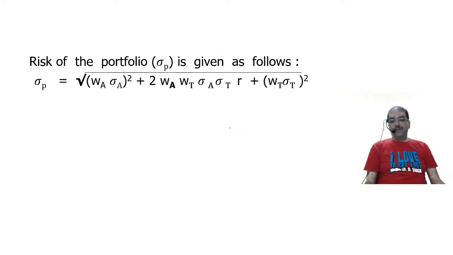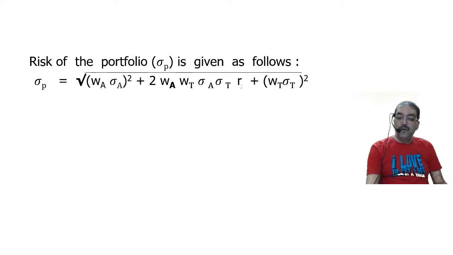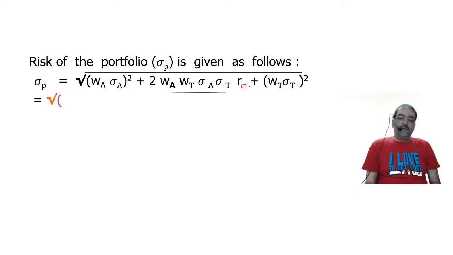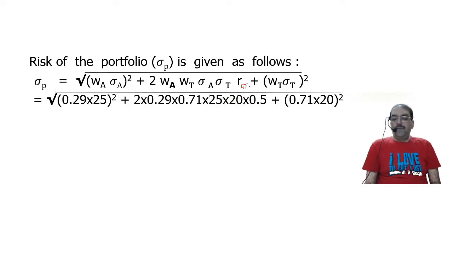Big formula. Correlation coefficient. Substitute all the values. Weight of A 0.29, Sigma A 25, the whole square. 2 into weight of A 0.29 into weight of T 0.71, Sigma A 25, Sigma T 20, correlation coefficient 0.5